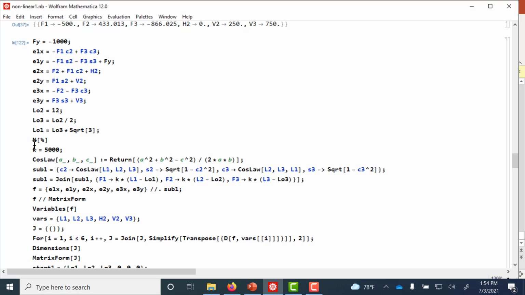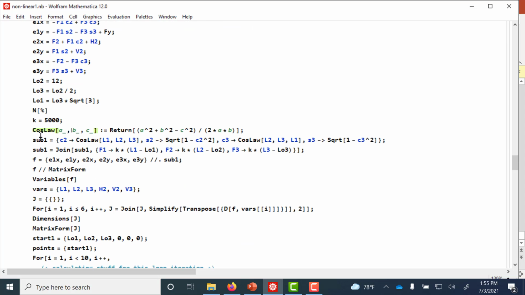legs or struts, and I've actually printed out a number just so I can get an idea of what the square root of 3 times the 6 inches is. So I have that. I'm going to do an example of K, stiffness being 5,000 pound force per inch. I've got a little function in Mathematica I call cosine law, and it's just returning the functions based on what 3 lengths I send to it. So that's returning the cosine, and I use that for C2, and I also use it for C3, changing the lengths as necessary. And then I get my